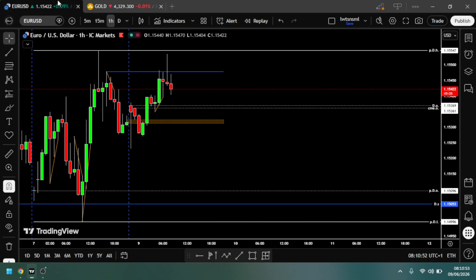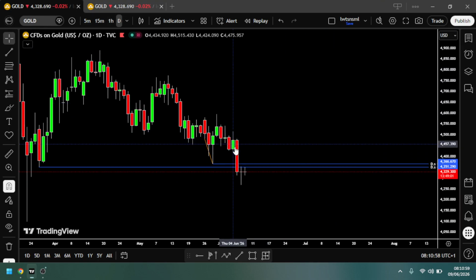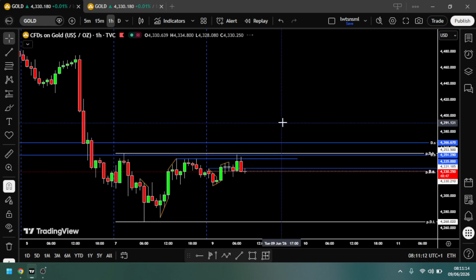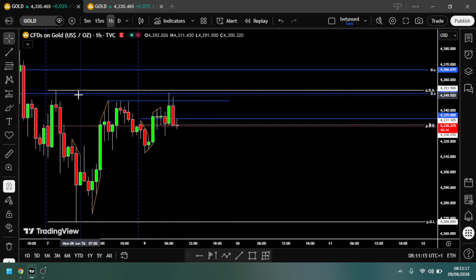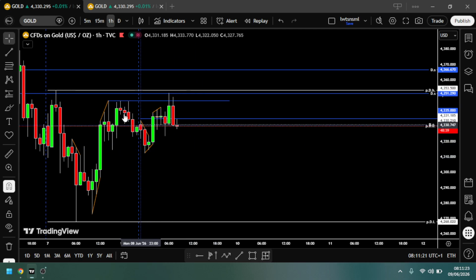So for gold as well, gold is also bearish, and we've not even recovered a lot of this. I want these two lines from previous week, this low from here and this low from there. And I said if we go above this, we'll be in short term retracement. But we have been having resistance to higher prices along this first one, around 4351, 4290. So we had the resistance yesterday. We went lower. We reached it this morning as well. We reacted very nicely. So downside possibilities are high on this one as well.